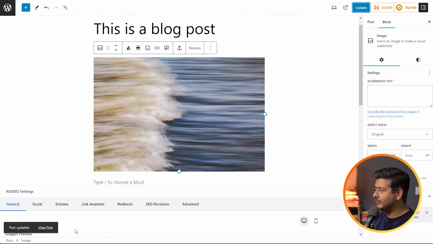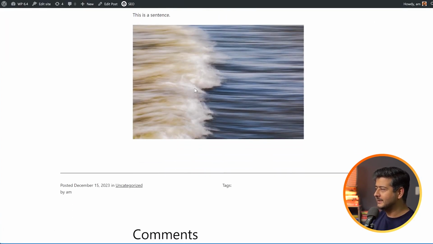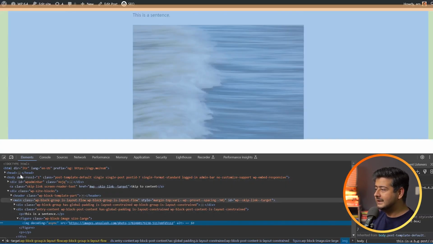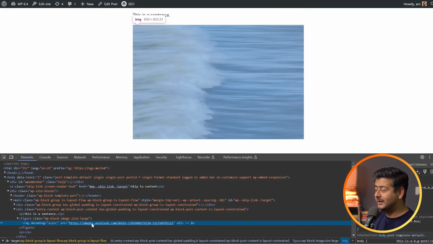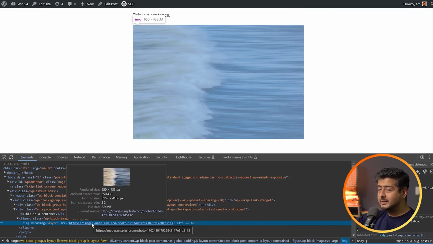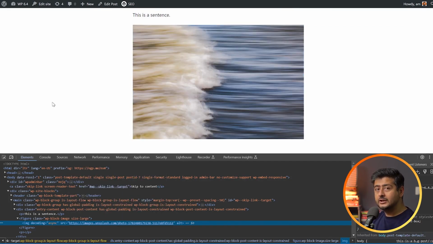So let me update the post, and I'll open the post in a new tab, and I'll show you what happens. If I open the source of this image, you'll clearly see that this image is actually coming from unsplash.com. That means this image is visible here, but the image is being hosted still by unsplash.com. Now, the implications of this hotlinking on your website can be huge. If you have a lot of images on your site and somebody just copies the URLs and posts them on their website, you are the ones paying the bill for all these image